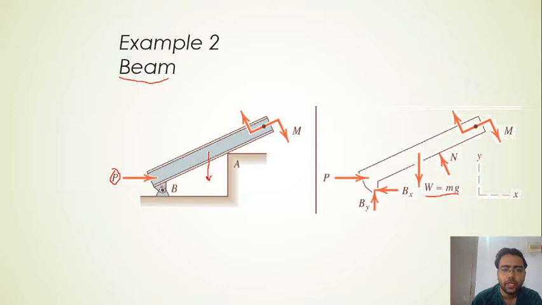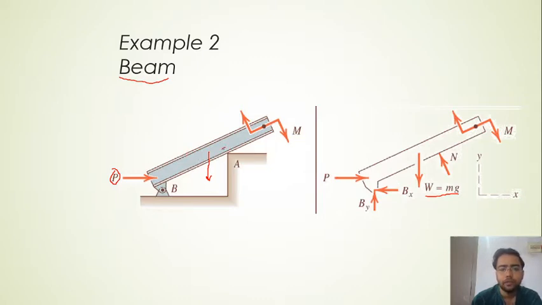Now come to point B, that is the pin joint, and obviously we don't know Bx and By, which we are going to find out if we have some question with the above given things. Again, Bx and By we can assume in any direction, but they should be perpendicular, in the x and y directions, right, on a pin joint. This Bx and By is nothing but the reaction force applied by the foundation to the beam, right?